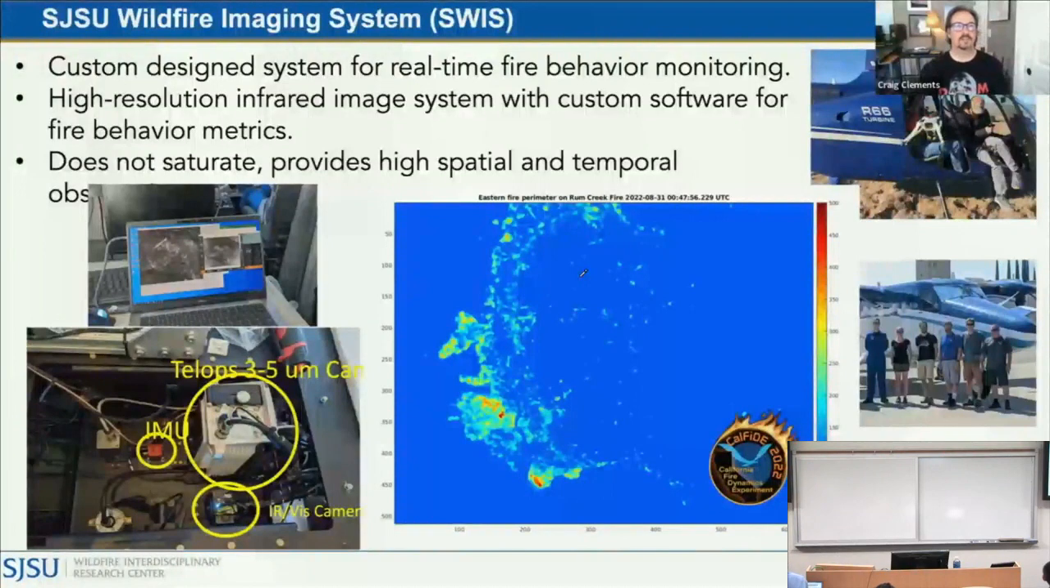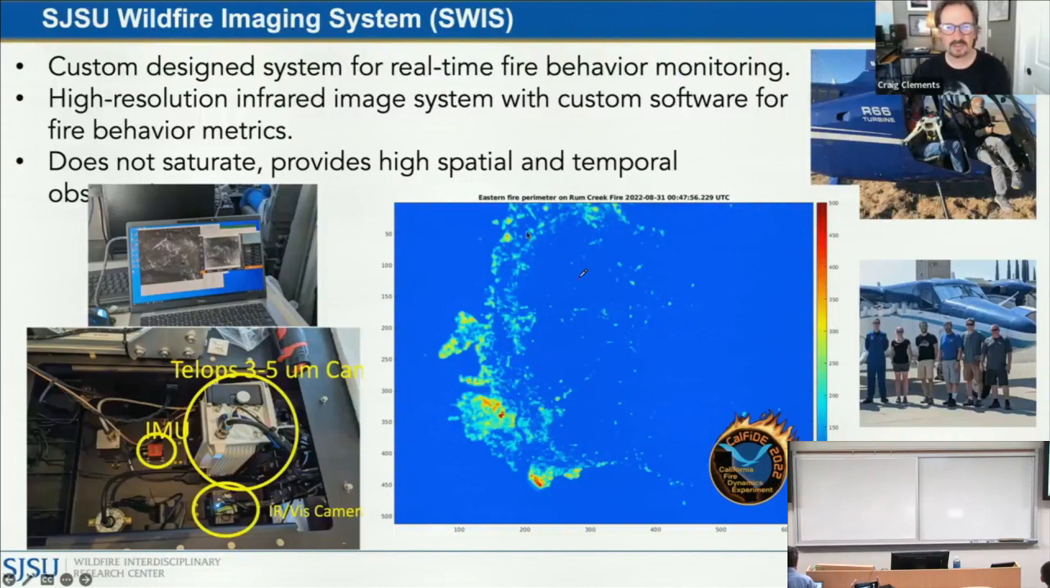Here's the SWIS, the San Jose Wildfire Imaging System, that was developed in-house using teleops and some other cameras and sensors, but it's really the software control system that is unique. And this is a picture of the system out of the helicopter for the canyon experiment. And this is Miguel Valero and the NOAA team, where we flew this instrument on a NOAA aircraft for the